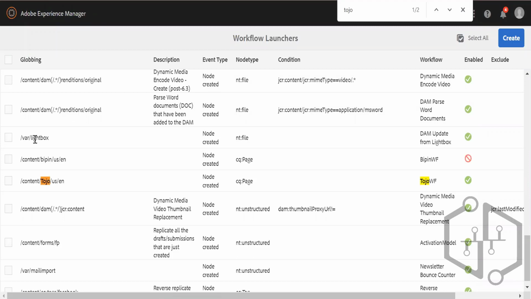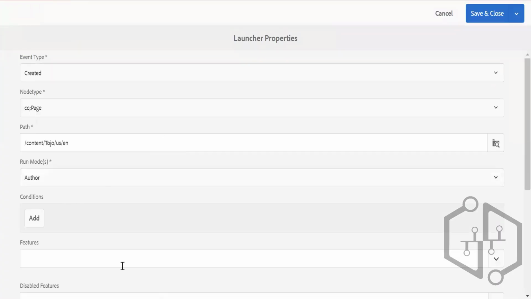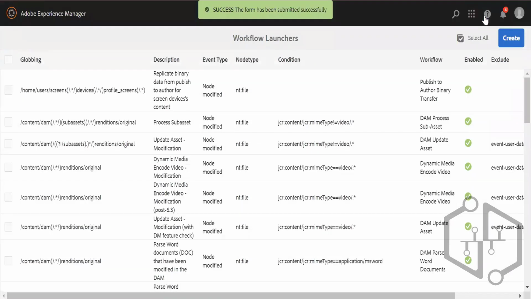But these workflows are very heavy jobs. Workflow launchers should be used very carefully because they create a lot of load on the server. Let me disable this, because every time I create a page, it will execute my workflow. So if you have any requirement that for a particular event, these steps should be executed,